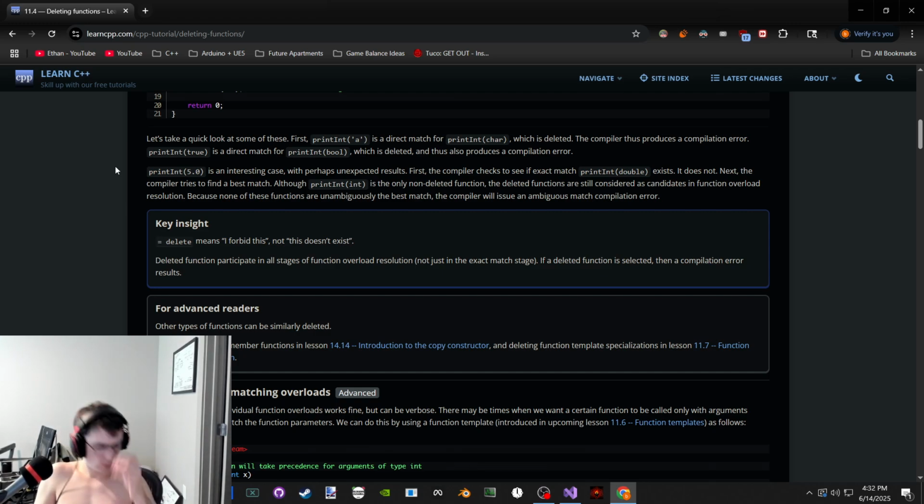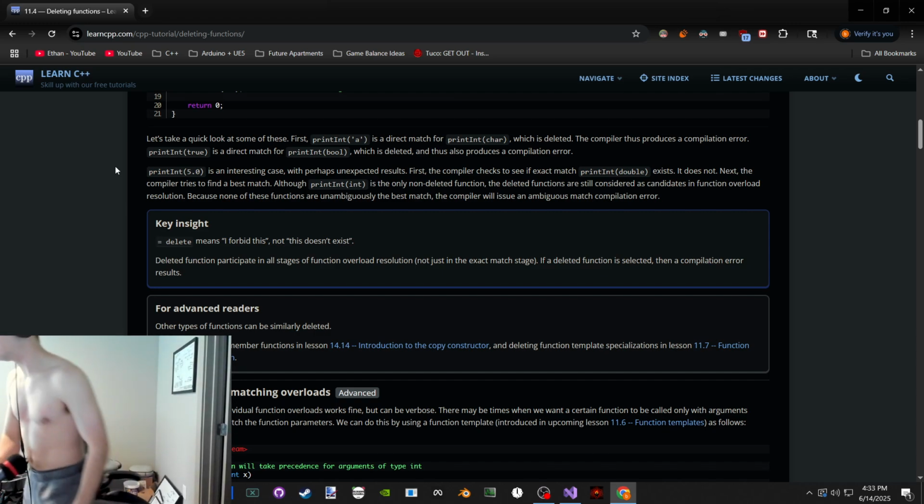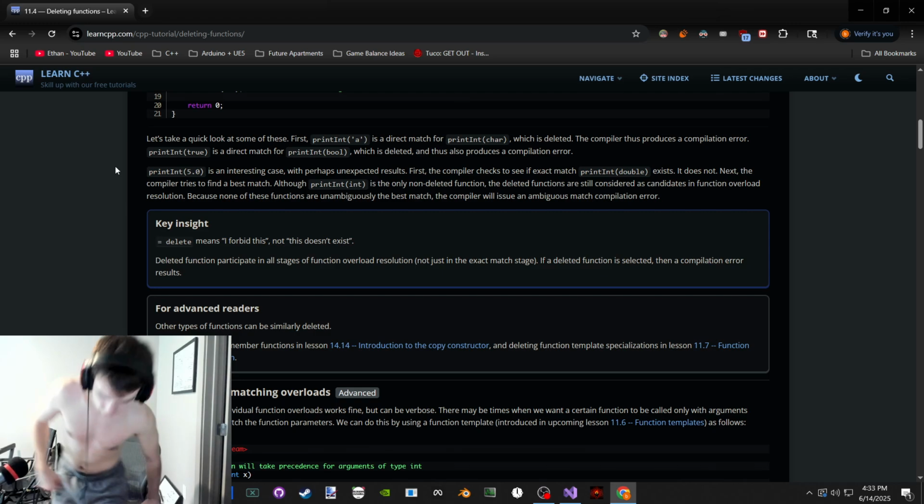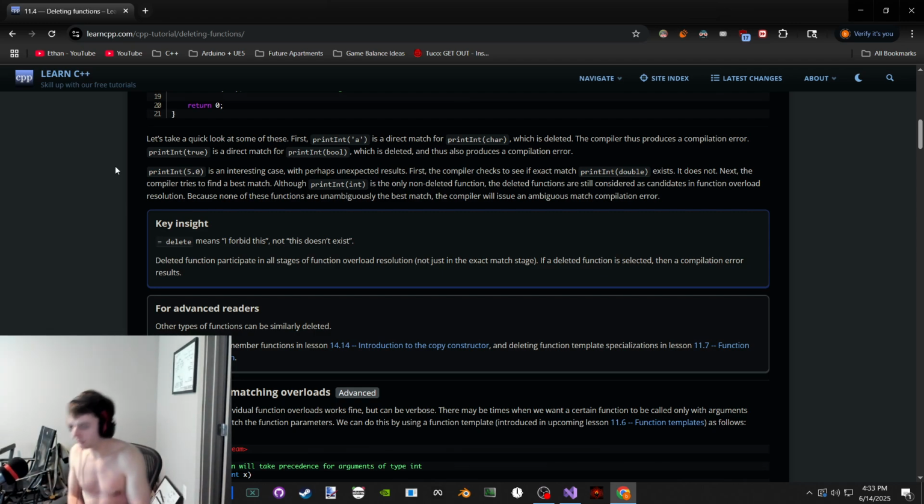Other types can too. So you could have a member function. Oh, just like in the character input object, or yeah, I guess cin, standard cin. Dot ignore, it has an ignore member function. It has a clear member function, it has an eof member function, and all of these could be deleted. So I could, if I included iostream and then had standard character input as a class, I guess, and then went to its member function